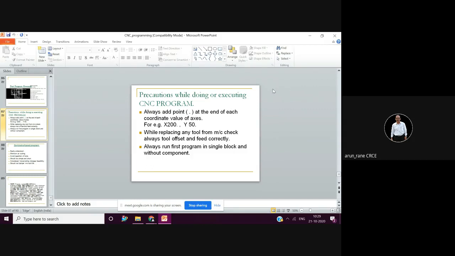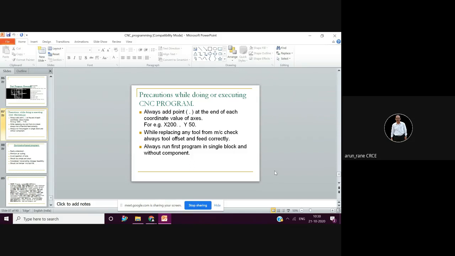There is an option on the control, auto mode and single block. Whenever you are running the machine in single block, you must see that the single block button is active. And for auto mode, that switch is a press switch, not a toggle switch. Some machines have a toggle switch. If you keep it up, it will go in single block mode. If you move it down, it will go in auto mode. So you have to ensure it properly.